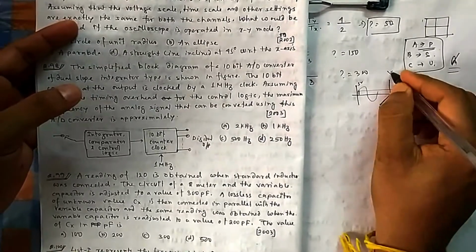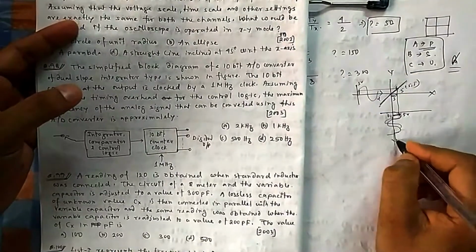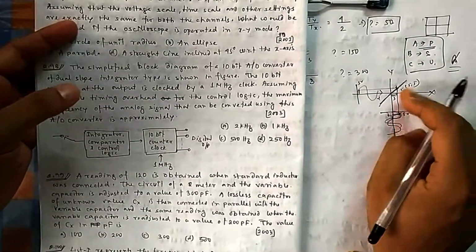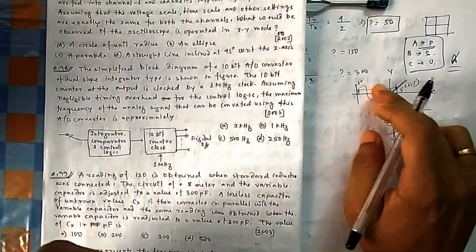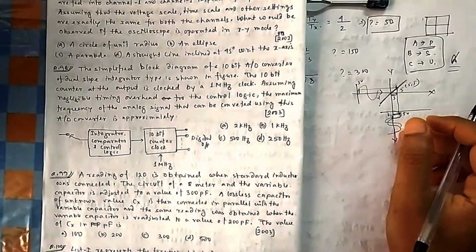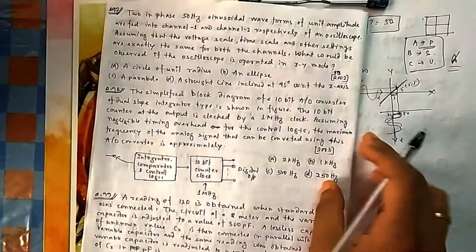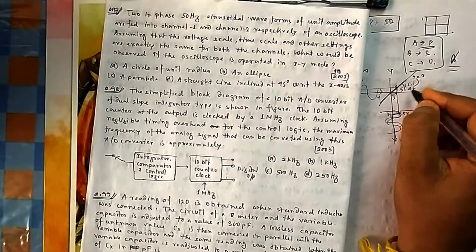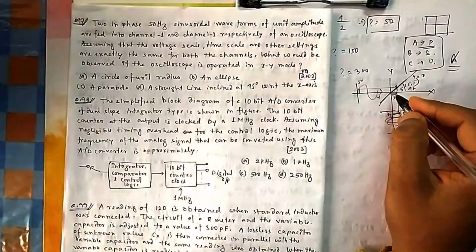These two are changing with respect to time, but this plot is x and y. Eliminating time, you get it here. X you take from here, y you take from here. So it will be a straight line inclined at 45 degrees. This is the y equals x line. This angle will always be 45 because it is 5, 5, 5. So it is tan inverse 1, which is 45. So it is option D.